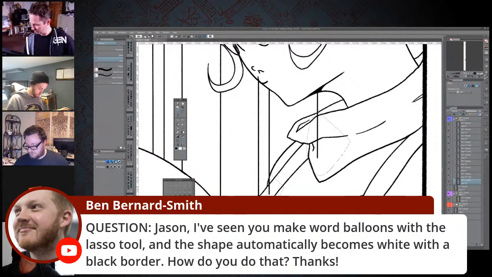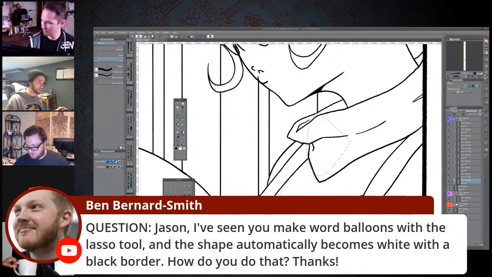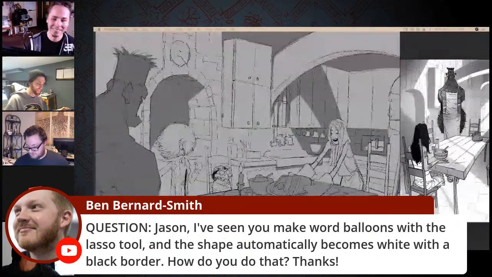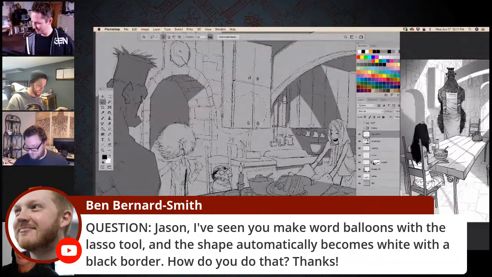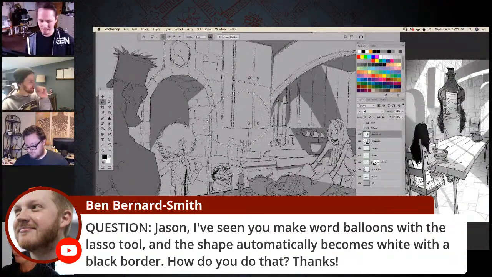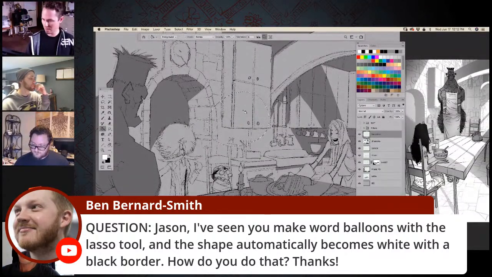Okay, so let's just say this is my balloons. I'm on screen right now. Do you show them then? No, just joking. Okay, I mean, I can, I guess. So I just made a little lasso tool selection here. I got this thing called balloons. I'm gonna just fill it in white, right?